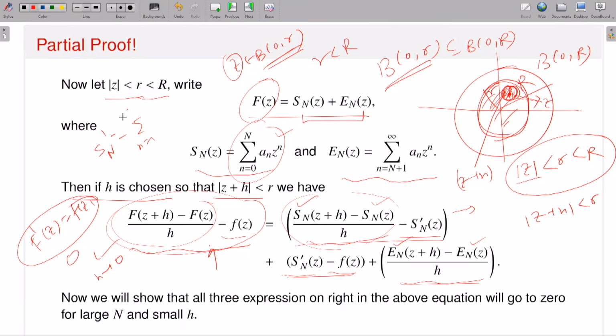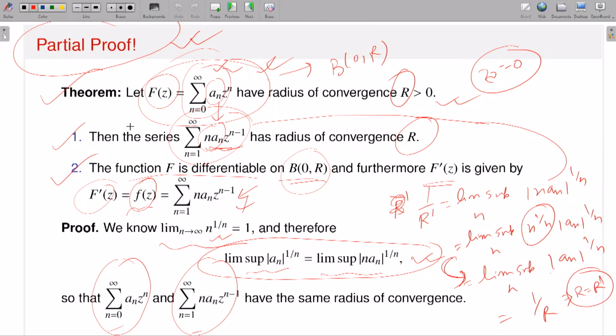This is the sum over n from 1 up to infinity of n times z to the power n minus 1. Now what is Sn prime of z? If this is the case, now look at f of z. What is your f of z? f of z is the infinite series, right? The sum over n from 1 up to infinity of n z to the power n minus 1. And what is Sn prime?